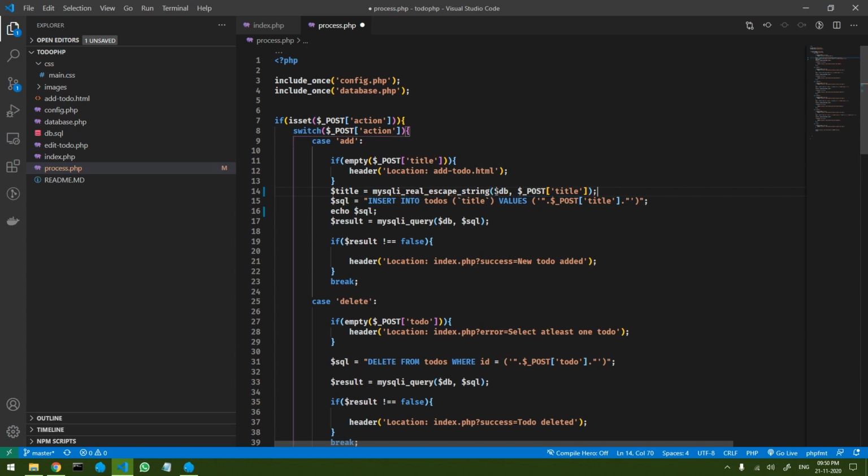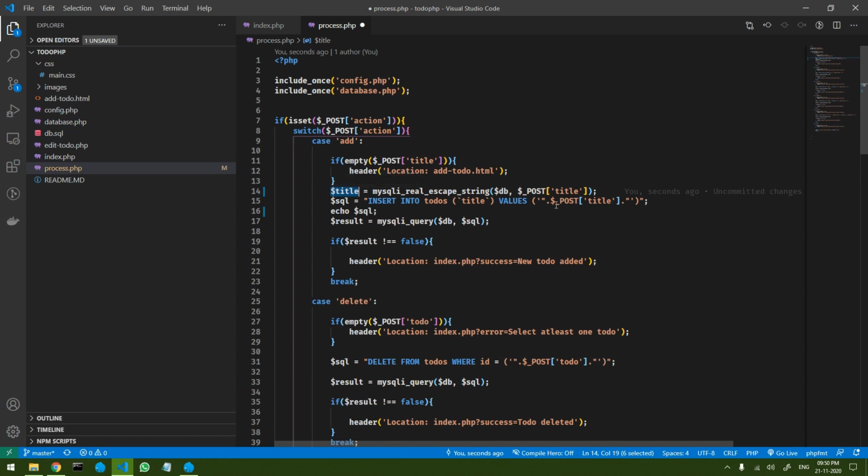The first one was the DB link, which we are getting from the database file that we have included. And this is the field that we want to sanitize. So instead of using the post title directly, we will be using the sanitized variable.